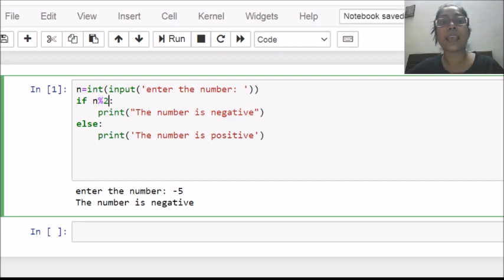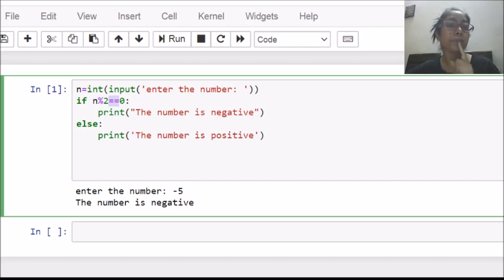So when n is divided by 2 and we want to check its remainder, what do we want to check? Whether it is 0 or not. For equality, you will always use the double equal to symbol in conditional statements. Single equal to is not going to be used for conditions. Always use double equal to symbols for equality.